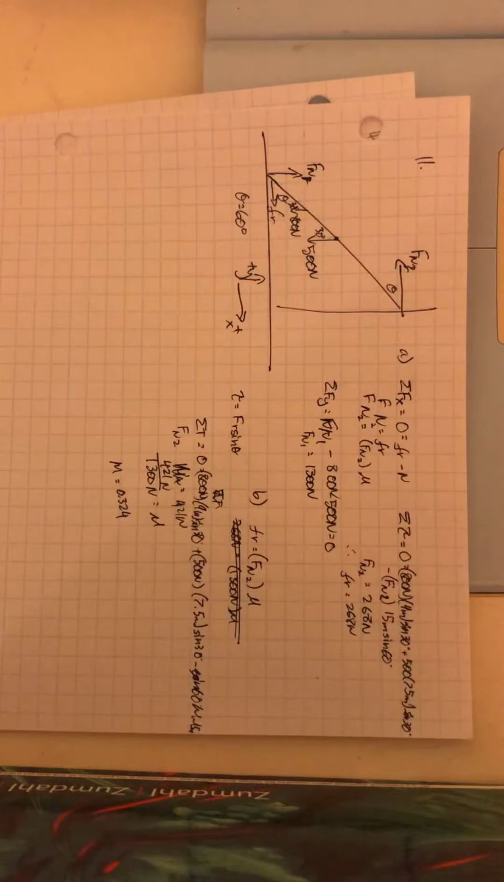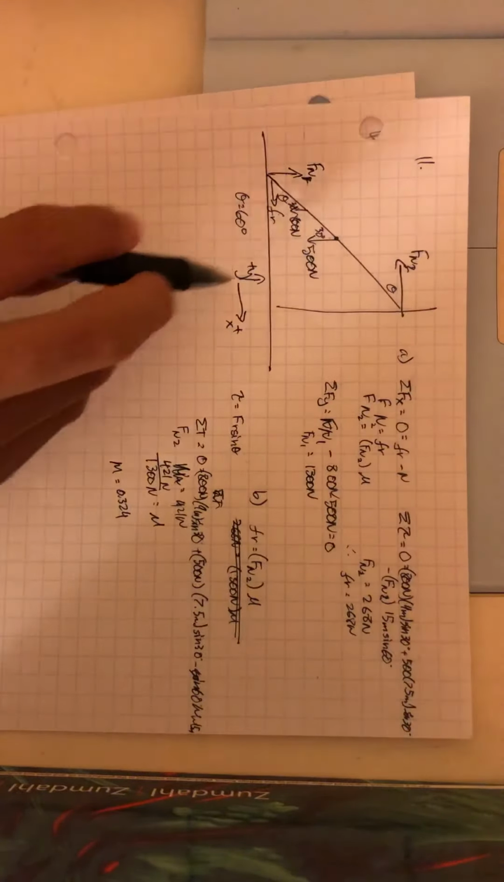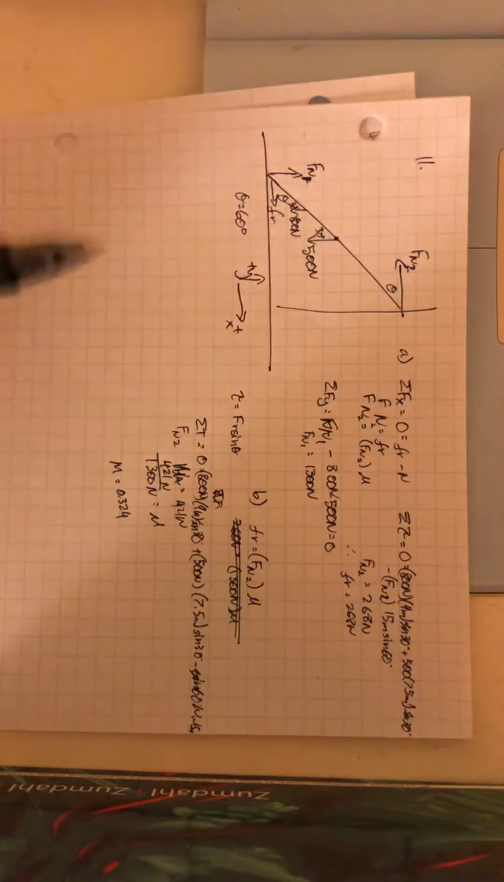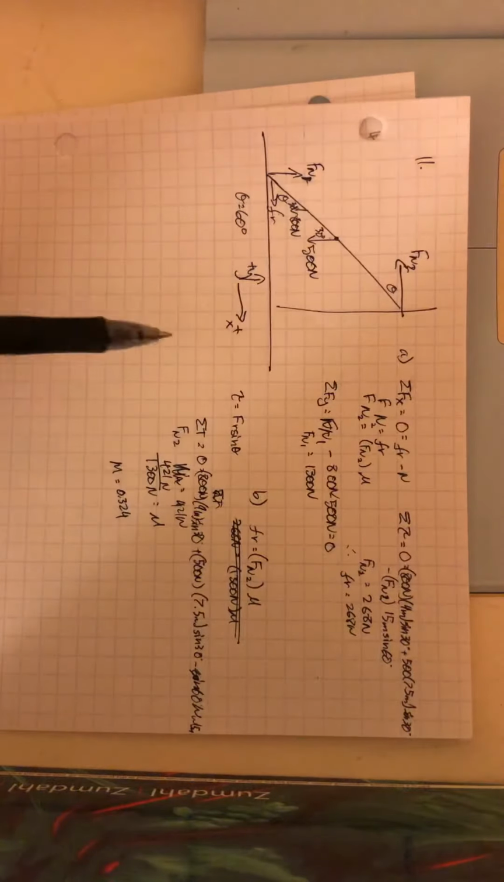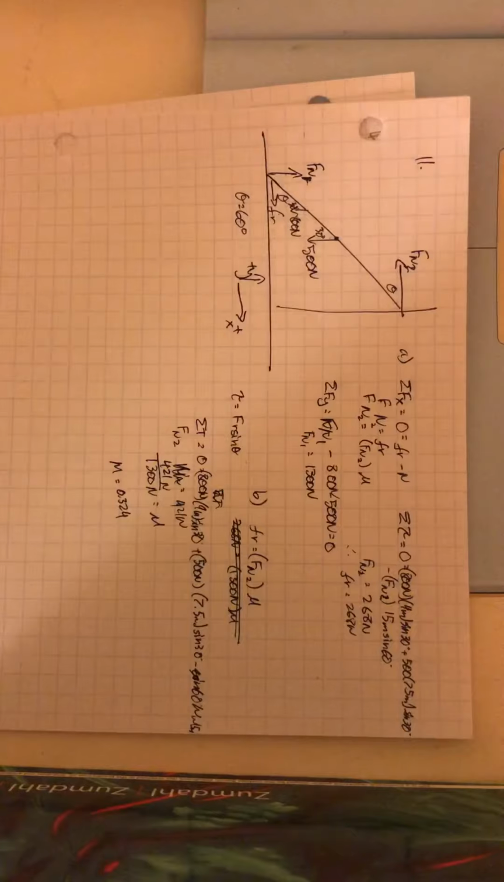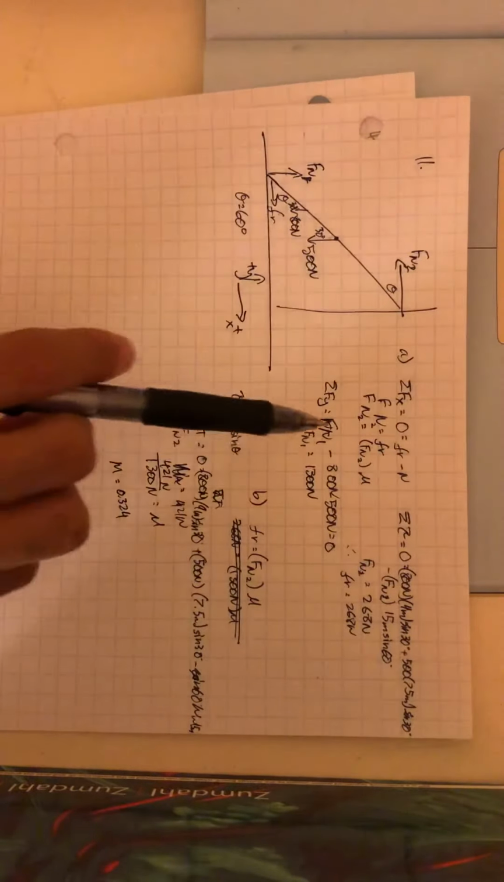And for part A, you try to find the horizontal and vertical components of both normal forces. So you use sum of forces and sum of torque. First you define y and x, whatever you choose. I did x positive is right and y positive is up. And then for sum of forces in the x direction,